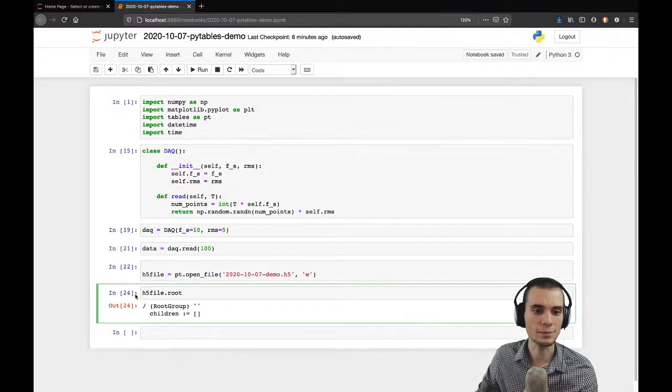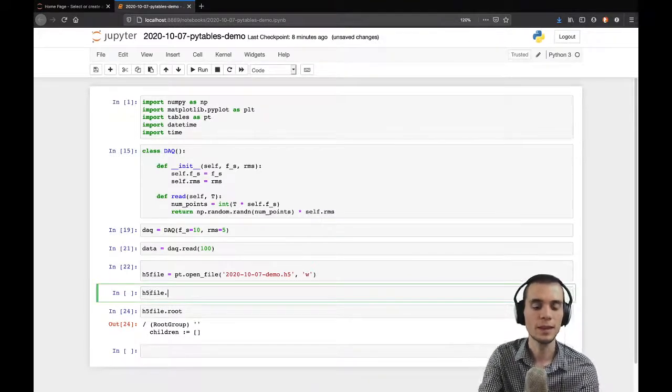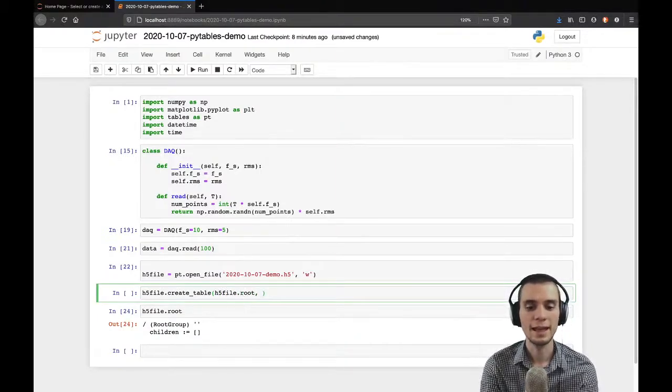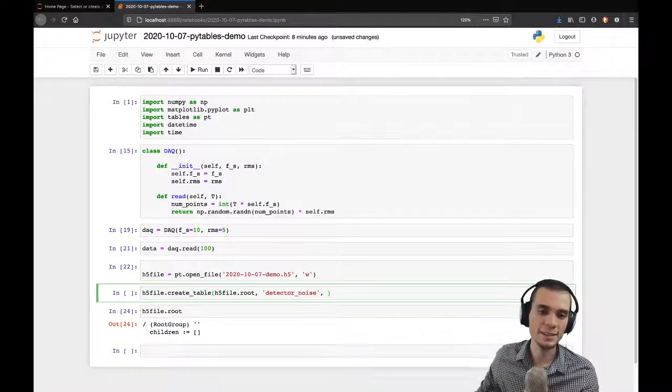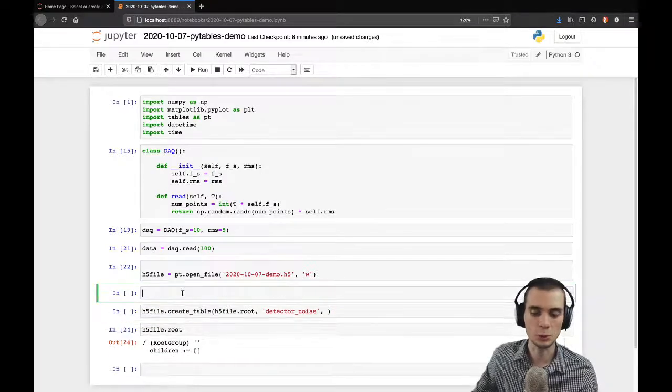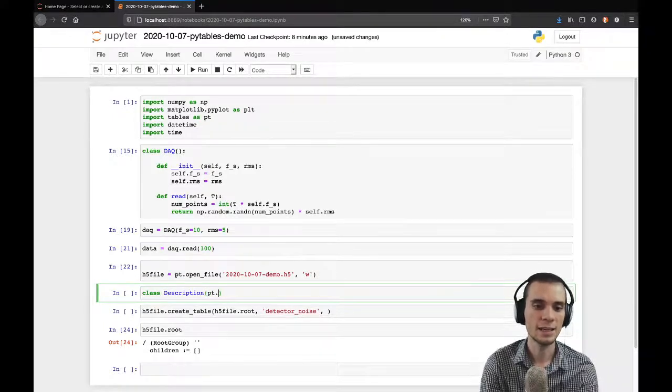We can say, let's take this H5 file and create a table. And we're going to create it at the root. And we're going to need to give it some title. So we can say here, for this case, we'll just be reading detector noise. And then we need to give it some sort of a description. And I find the easiest way to give this a description is to create a class that extends PyTables' Description